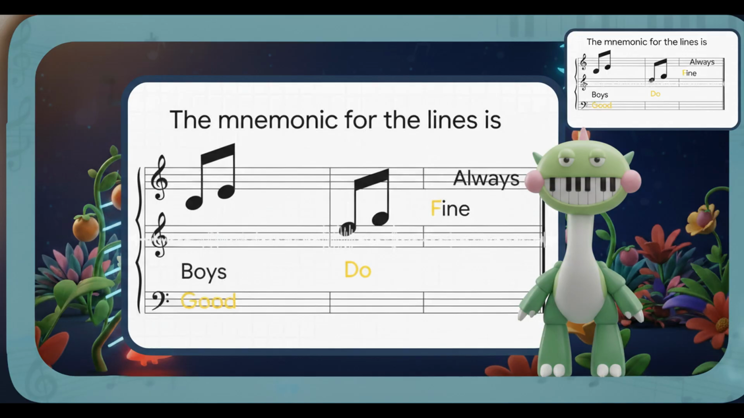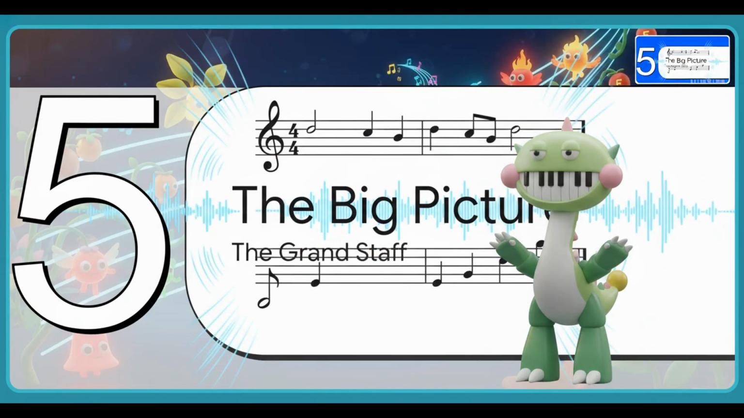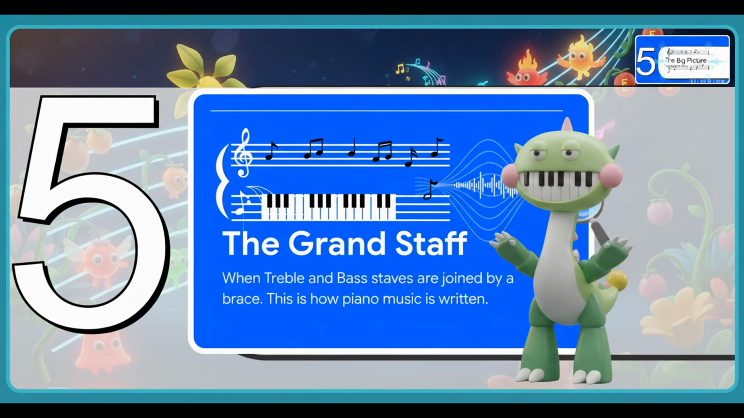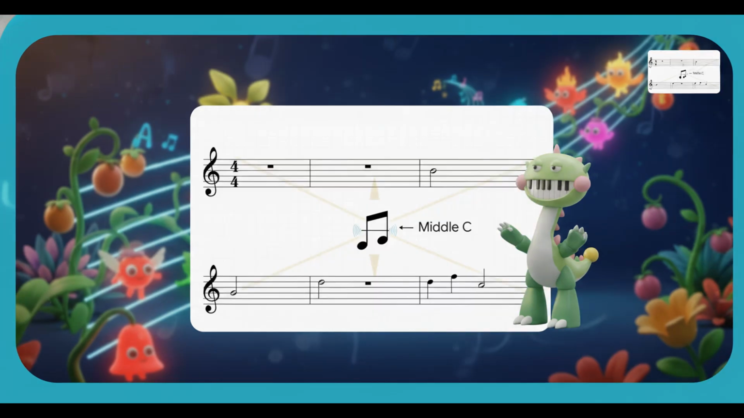Okay, so we've got the high notes covered with the treble clef and the low notes with the bass clef. But how do they actually work together? This is where it all comes together in the big picture. So when you take a treble staff and a bass staff and join them together with that brace on the left, you get what we call the grand staff. This is the whole shebang. It's what pianists and organists read from because they need to play a huge range of notes with both hands at the same time. And the million-dollar question, what's the glue that holds this whole system together? It's one single, super important note,